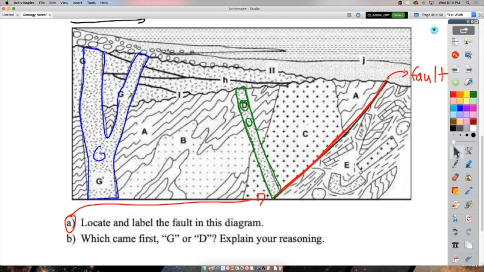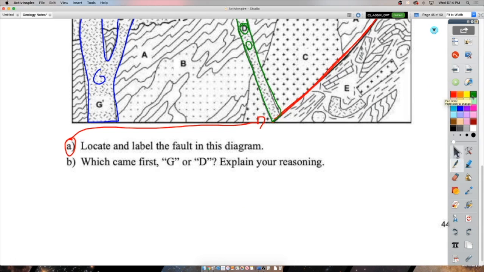So when I look at this, I say G must definitely be younger than D because G intrudes into a layer that is younger than D. G is younger, D is older. So D came first because